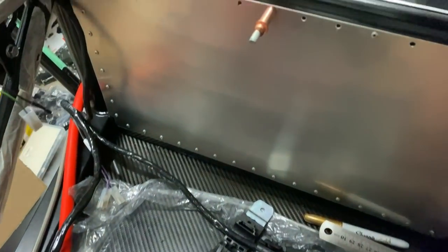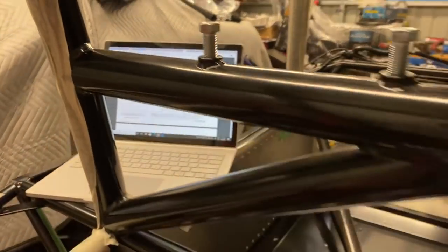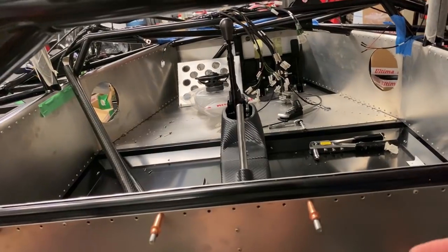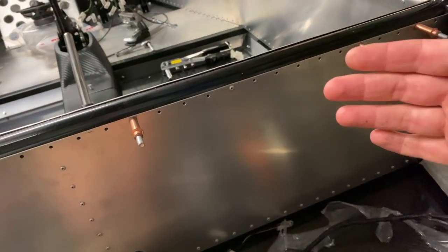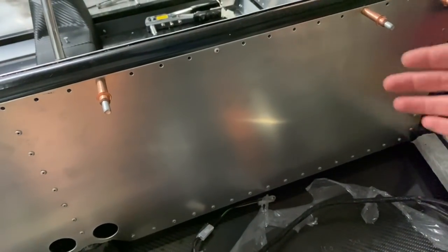to the V8. Now, what I've had to look at here, and the reason I've got my laptop set up, is because there's a whole heap of other things that are going to be mounted to the rear of this bulkhead. And if you don't look far ahead there, what I'm likely to do is to mount these clips in a position that's going to conflict with, say, the fuel pump that gets mounted here, or...